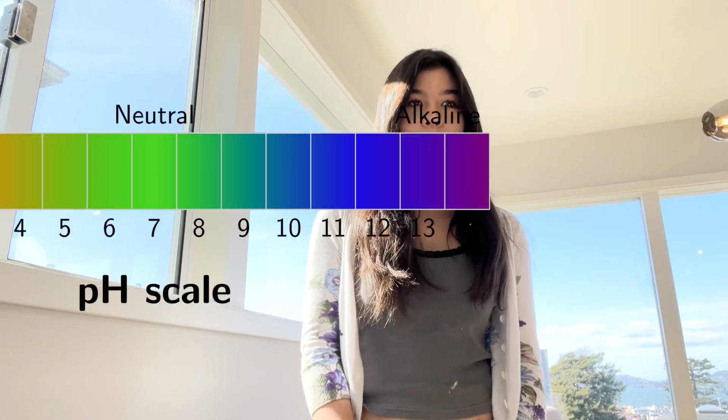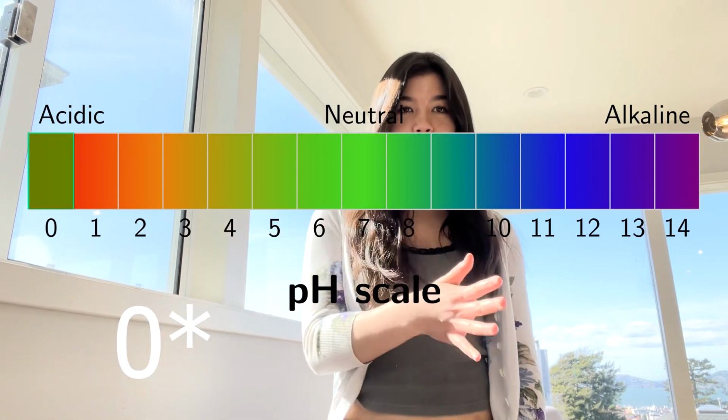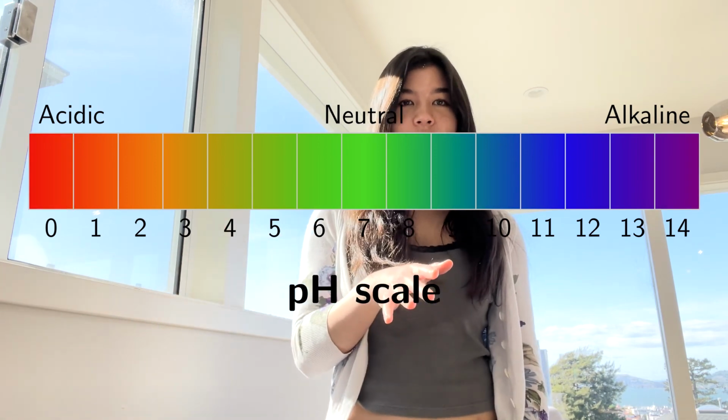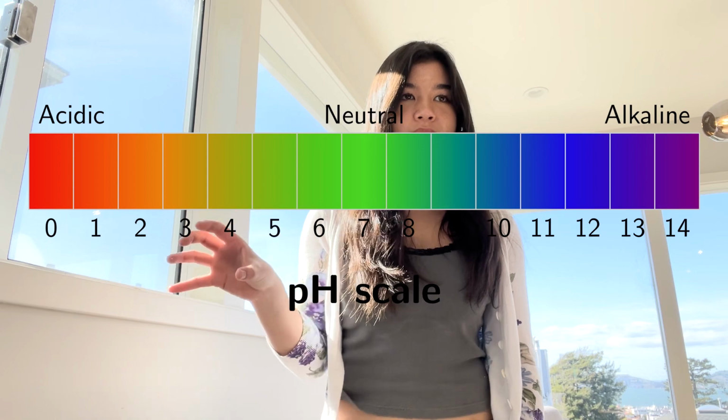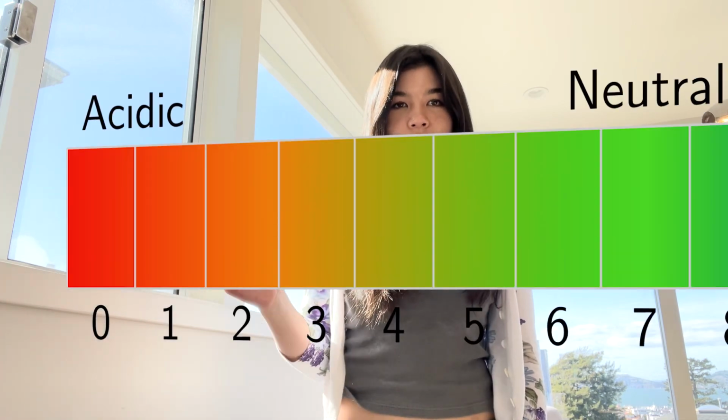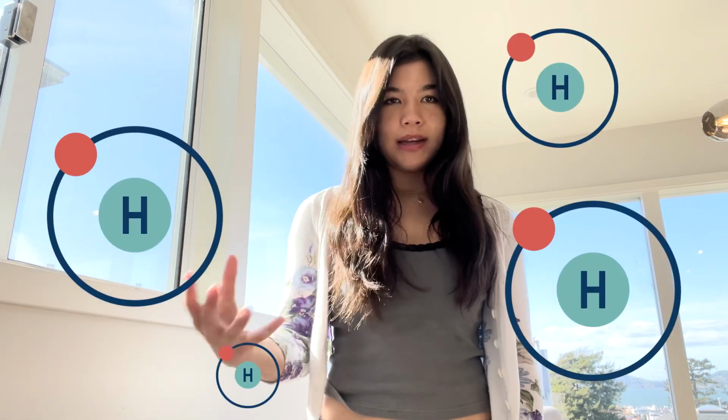Acidity is measured on the pH scale. The pH scale ranges from 1 to 14, with 1 being the most acidic and 14 being the most basic. An acid is anything with a pH less than 7 and donates a hydrogen ion, and usually it has an abundance of hydrogen ions, unlike bases. pH stands for potential of hydrogen, specifically hydrogen ions.